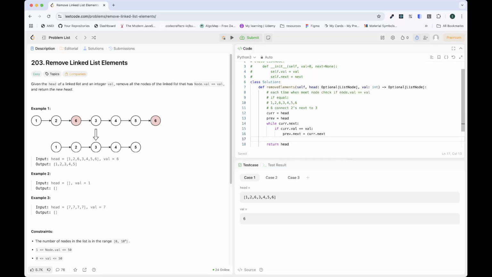And once this operation is over, we want to update the prev pointer to the